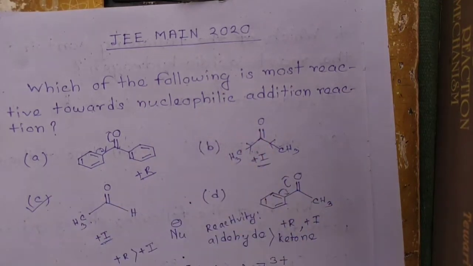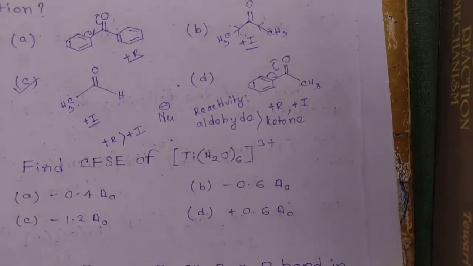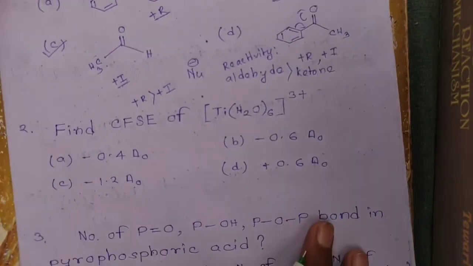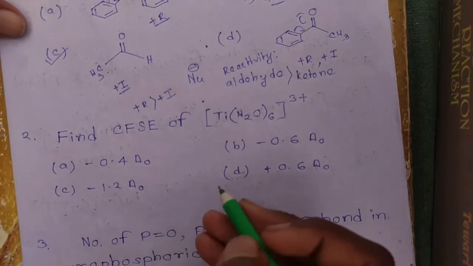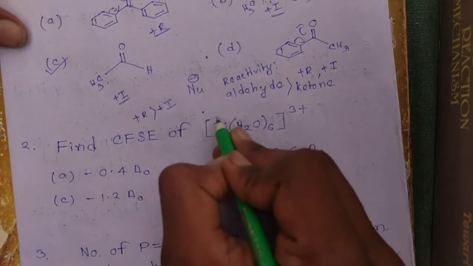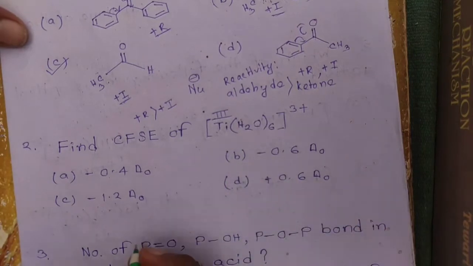Okay. Now we come to the second question. Find the CFSE value of titanium water 6, 3 plus. So first of all, just know the titanium. Here titanium water 6, 3 plus means the titanium is in plus 3 oxidation state. Okay, so titanium 3,